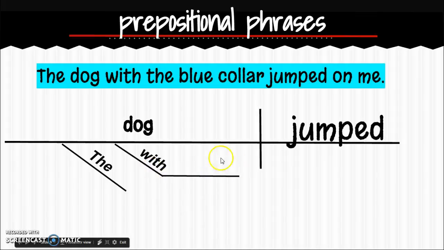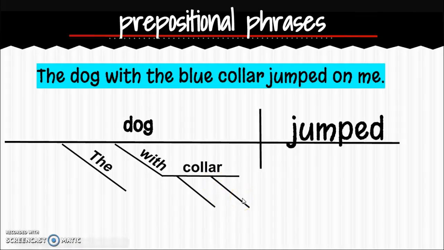With what? With the collar. Now I still have two words here, the and blue, and I can tell that those two words are describing the collar, so they're going to go on these diagonal lines. They're adjectives modifying my noun, the and blue, and I keep them in the order in which they appear in the sentence. So I have the dog with the blue collar